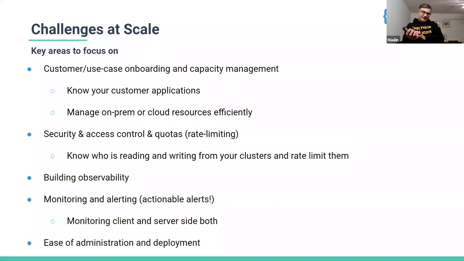The last part, but not the least, is that you need to make sure your administration and deployments are manageable and easy to do. As you increase your footprint, you are going to have challenges running admin commands like repartitioning and so on. How are you going to deploy? Where are you going to keep binaries of your Kafka stuff? If you are on a managed solution, it's a different thing. But otherwise, you need to be careful with this.